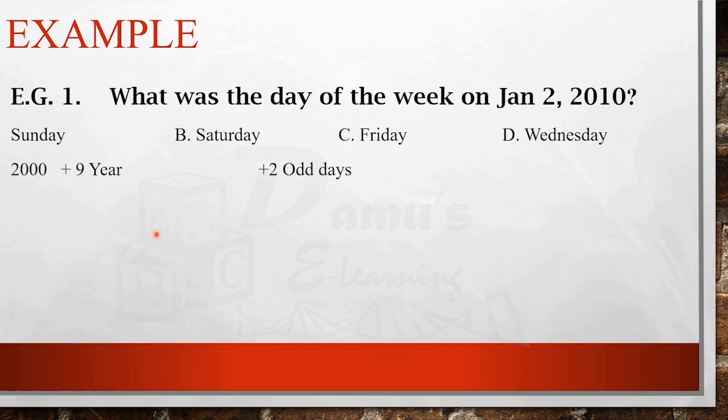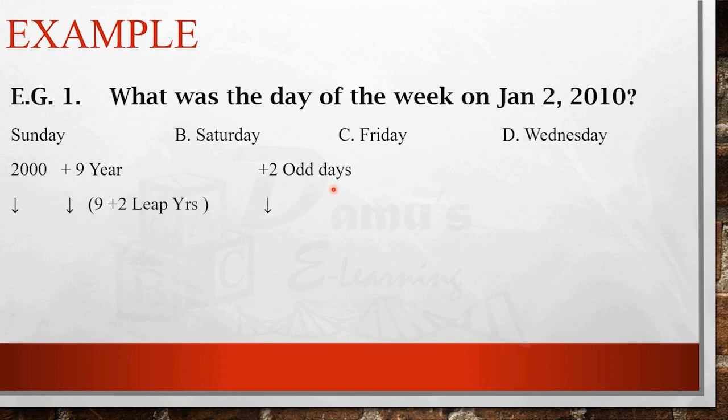Here 2000 is a century that is a leap year close to the given year. So we'll write 2000 first. Now 9 more years. That means up to 2009 December 31st we are calculating. Why didn't I take 10 years? Because if I write 10 here, I'll be considering the entire 2010. But what I need is just 2 days. That's why we are considering only 9 years. It means up to 2009 December 31st. Now 2 more days.